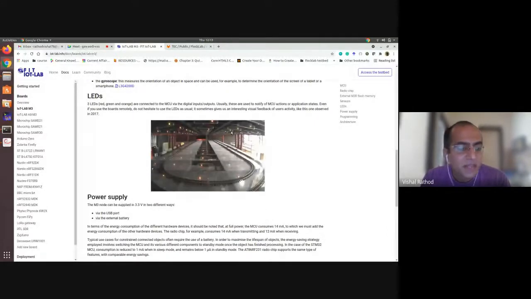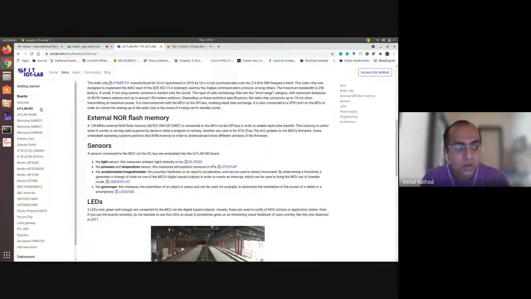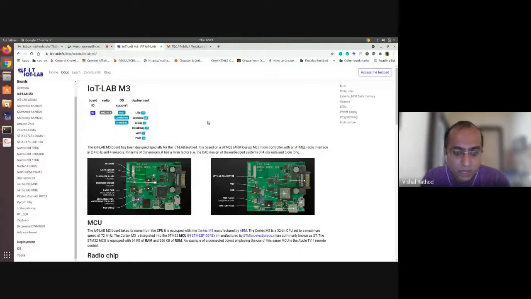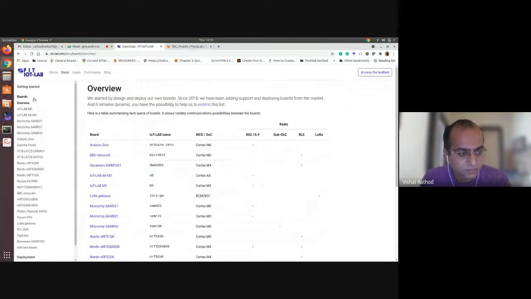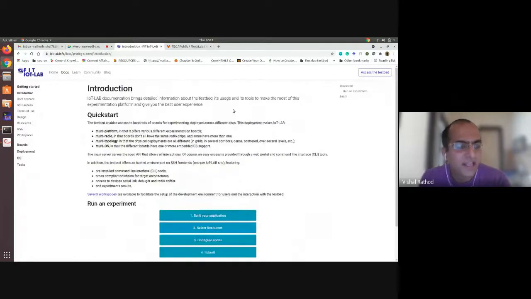This is a simple image where the LED will blink. Many experiments are running on the LED, live experiments. This type of node is available through this link, freely available to everyone. So let's start with this FIT IoT-LAB. It is very easy.